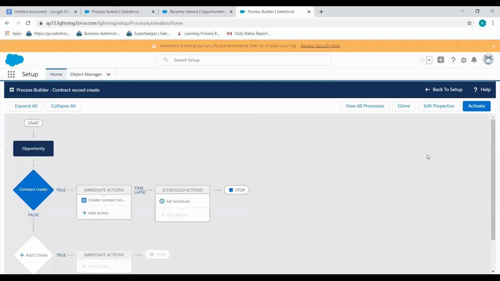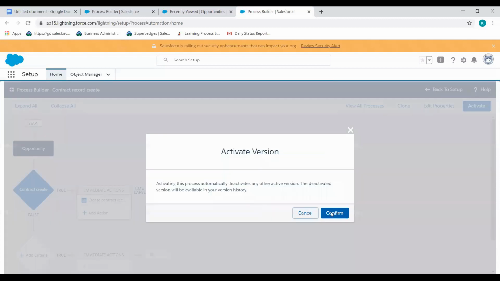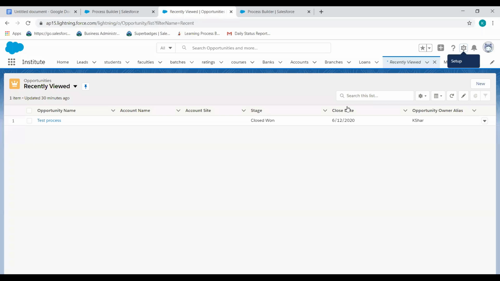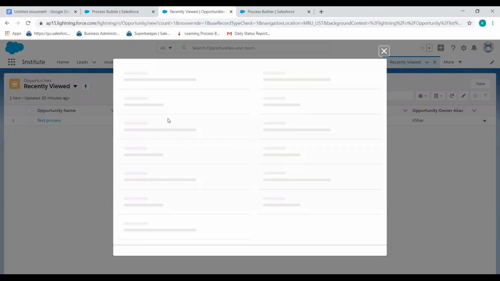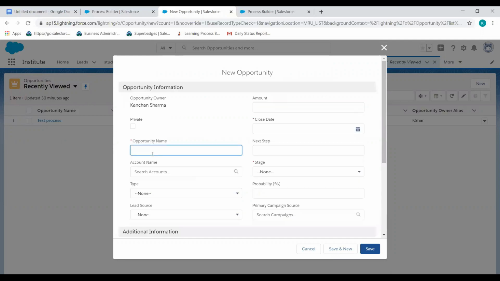Now before testing this process, you just need to activate your process. Now we'll go to opportunity and create a new record. Test process record.